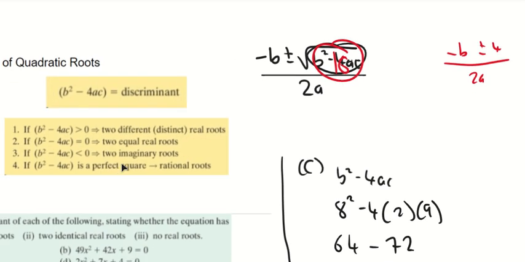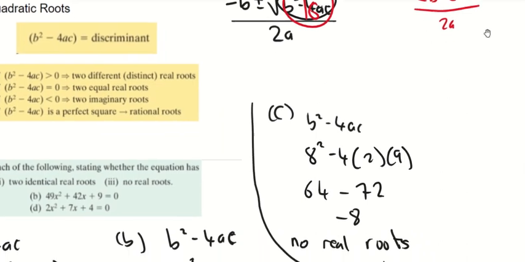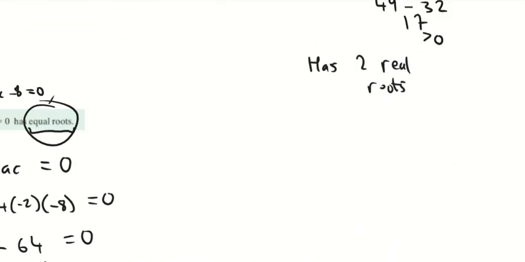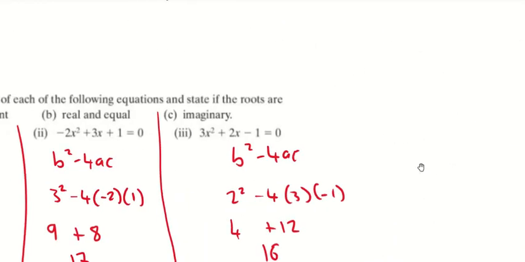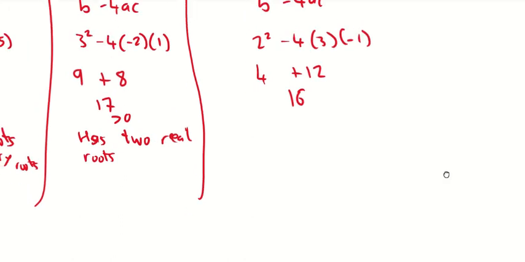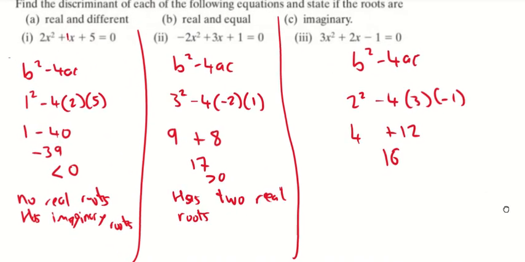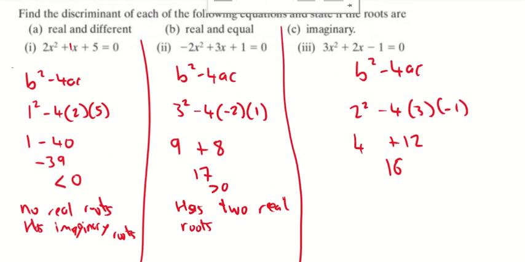So therefore it has rational roots, so it's a perfect square, so it has rational roots, so it's the number 4 there really that we're looking at. And obviously it's a positive number as well. So it has